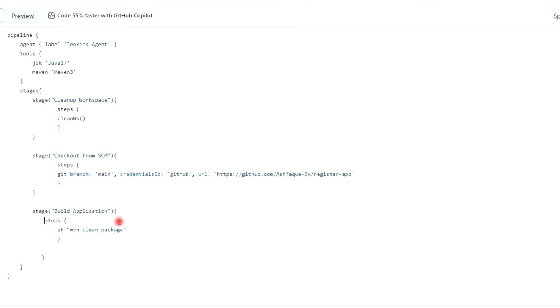Build application with the command mvn clean package.